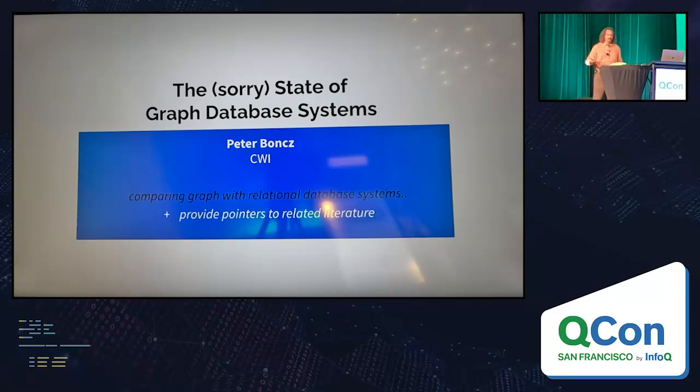Peter Boncz is one of the preeminent database researchers on the planet. He basically sort of gave the modern shared nothing column store its form. And this is him being somewhat critical of graph database systems. I'm a graph database implementer, so a little bit nervous making. This is a great talk if you're a database person. However, it's quite technical, so I thought I would unpack it a little bit for you guys.